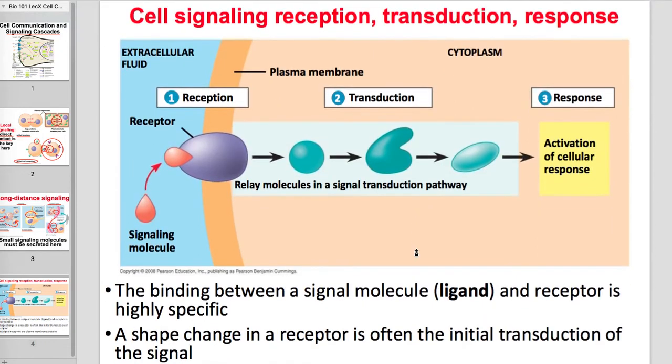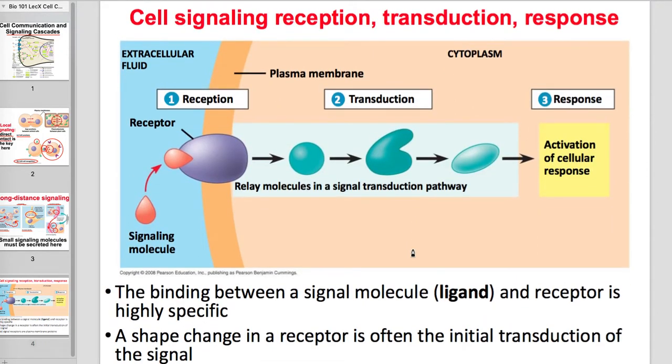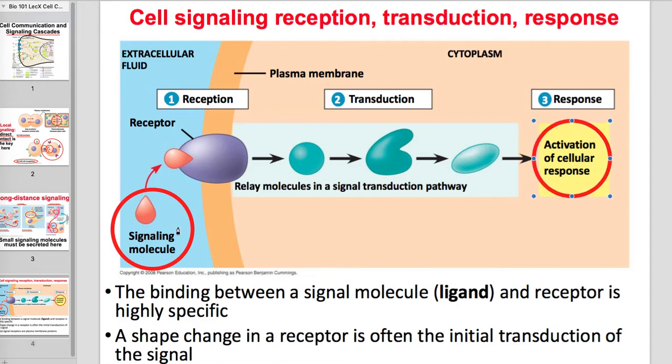Okay. So we're going to discuss those 4 specific types, but really, if I want you to know anything for the test, it's just knowing this basic system of how you translate a tiny signal outside the cell into an activation of some kind of physiological response. First things first, this signaling molecule is going to interact with this receptor protein on the outside area of the protein that's outside the cell. When you make this bind, the 3D shape of this protein is going to change. And specifically, it's going to change in an area down here inside the cell that interacts somehow with a relay